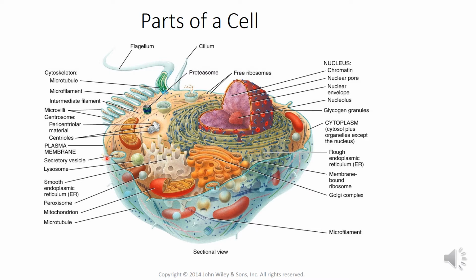It is a selective barrier that regulates the flow of material into and out of the cell and maintains the appropriate environment for normal cell activity. Clear? So this plasma membrane plays a very vital role as a barrier, to separate the internal and external environment. Now the next one is the cytoplasm.